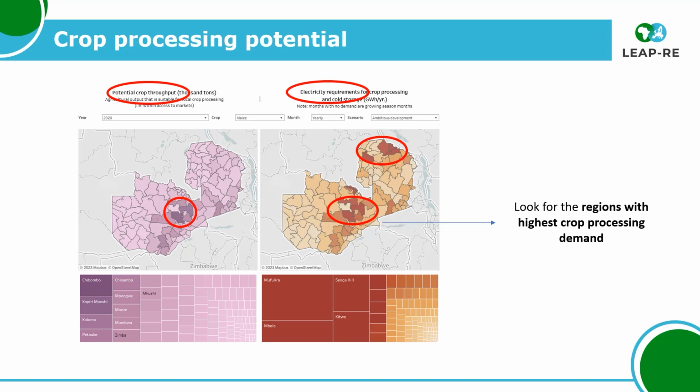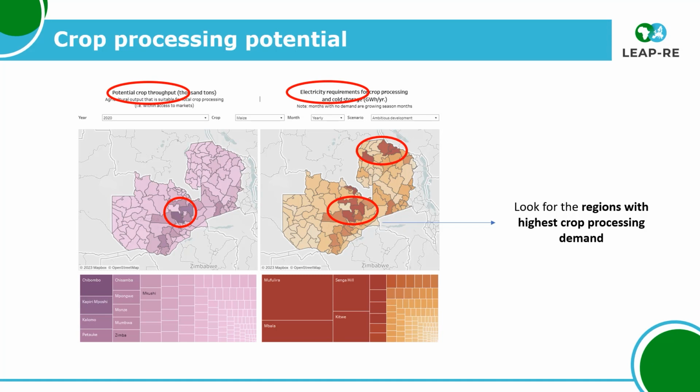As it can be seen comparing with the previous dashboard, there is not a strong, clear overlap of regions. So it's not a one-to-one relation. One needs to dig and, of course, identify what is the best trade-off between regions that benefit from